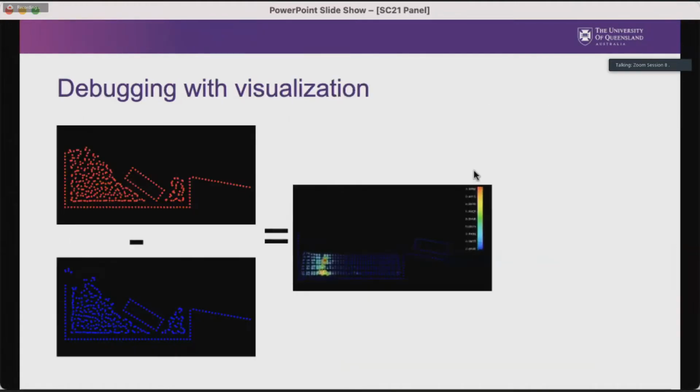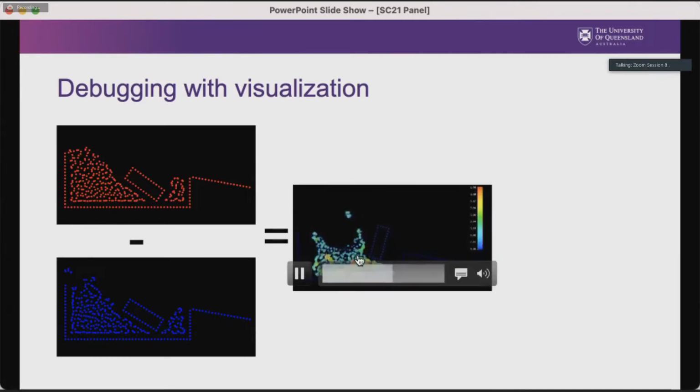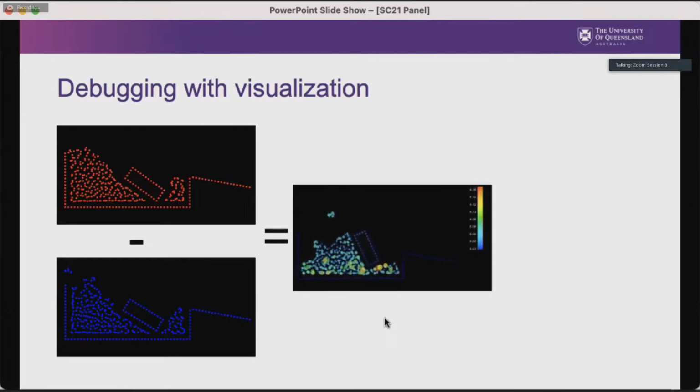Here's another example where we've got two codes that are modeling a two-dimensional particle system where you drop a brick into a tank, and the top one is one code, the bottom one is another code. The blue is not greatly visible, but if you just look at those, you'd say, oh, they look the same. But actually, if you take the difference and you visualize the difference between where every particle is, then you start to see differences emerging.